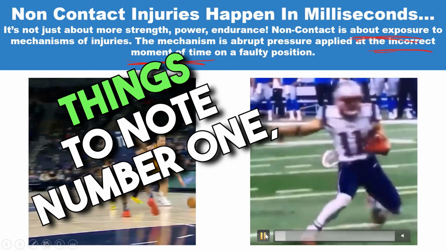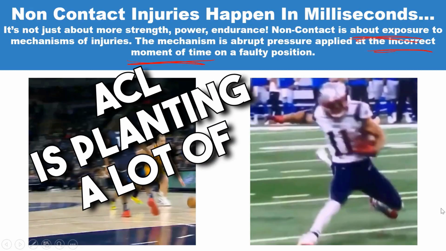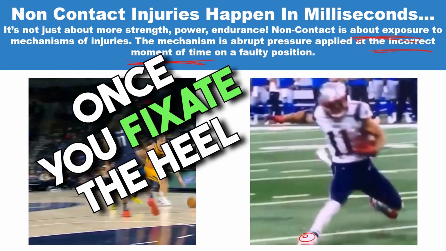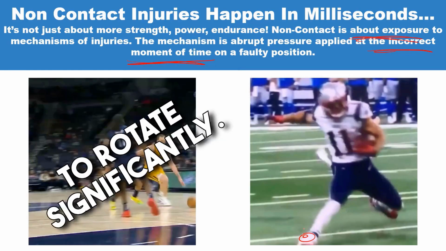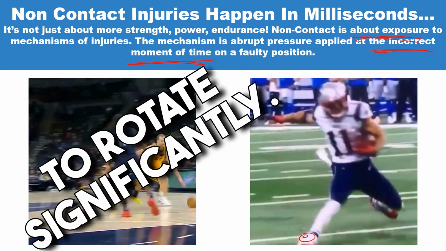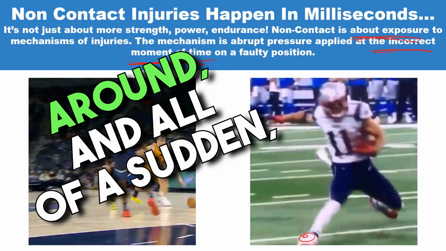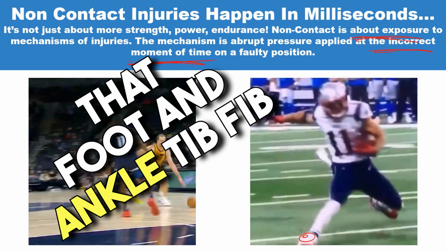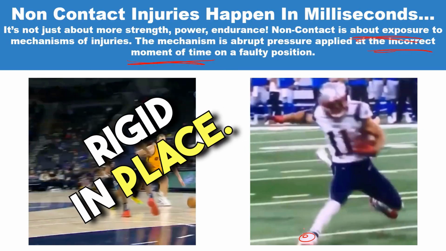Things to note. Number one of the biggest things for the ACL is planting a lot of pressure down into the heel. Once you fixate the heel to the ground, you limit the body's ability to rotate significantly. If that heel is up off the ground, that foot can pivot and swivel around, and all of a sudden rotation becomes much easier. That foot and ankle tib-fib complex becomes locked, rigid in place, and there's where you get